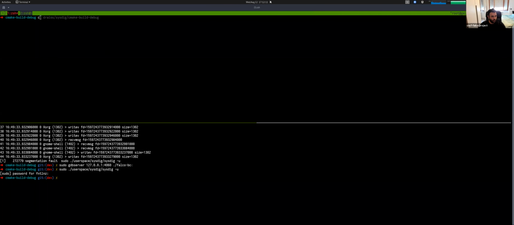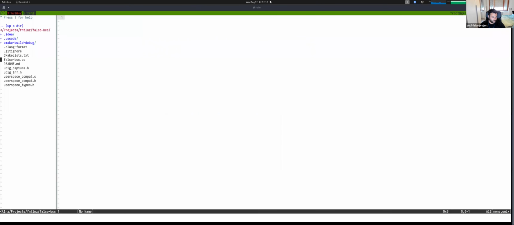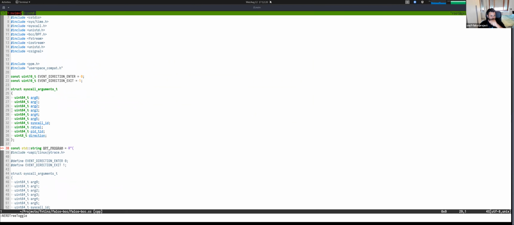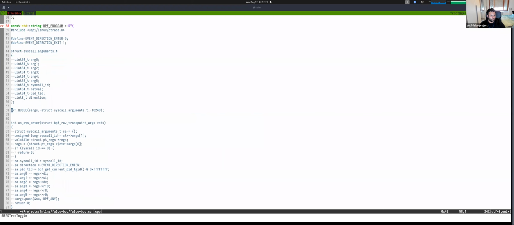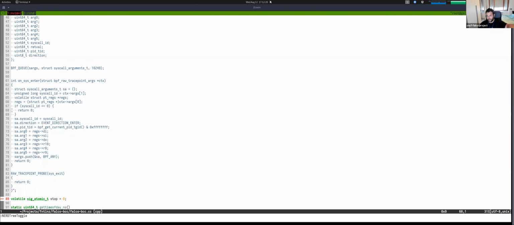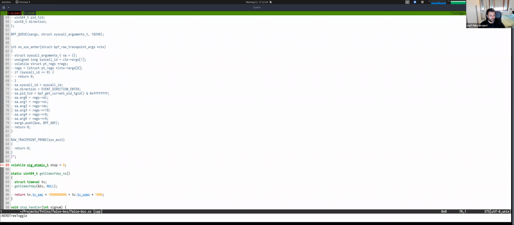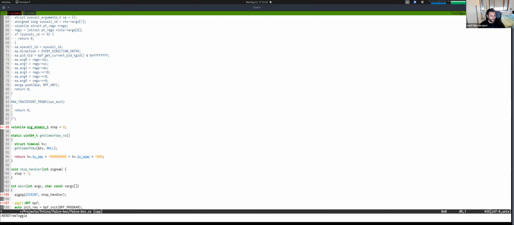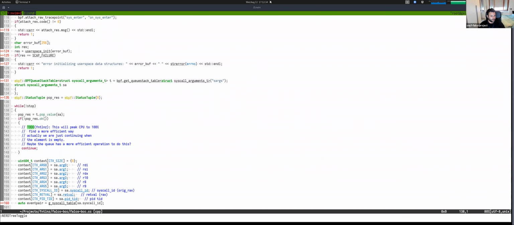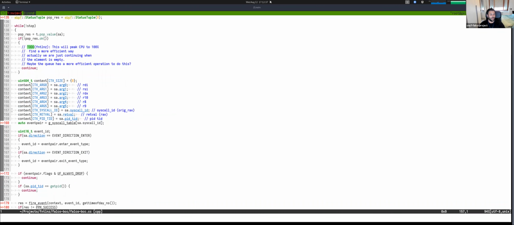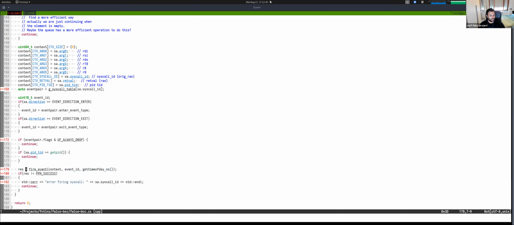And that's what I'm doing in this Falco BCC repository, which I'm gonna publish soon. It's basically just a BPF program that does on syscall enter and on syscall exit, which I didn't finish yet. So you can see all the registers being passed to a queue. But the real interesting thing is that I read all the events, I take them, and then I call this fire event function, which sends everything to the Userspace protocol implementation that then serves everything to SysDict.